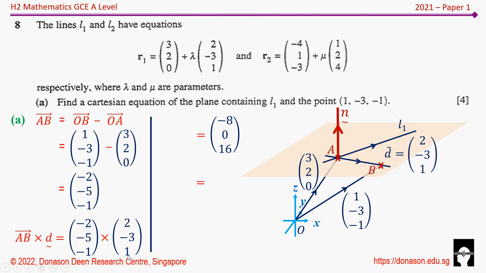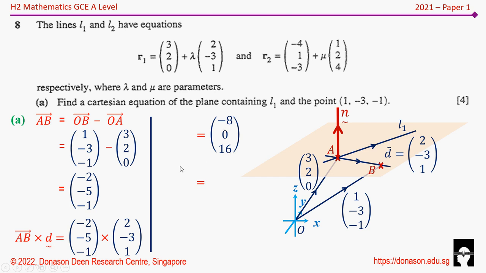Minus 2 times 1 is going to give you a minus 2, and then minus 1 times 2, which would of course become another minus 2. Minus of the minus 2 is going to become plus 2, right? And we will have a minus 2. Minus 2 plus 2 is going to give us 0, right? So if you put a minus sign in front of a 0, it's still 0, and that's why the j vector is a 0. So when we perform AB cross D, we should be able to get minus 8, 0,